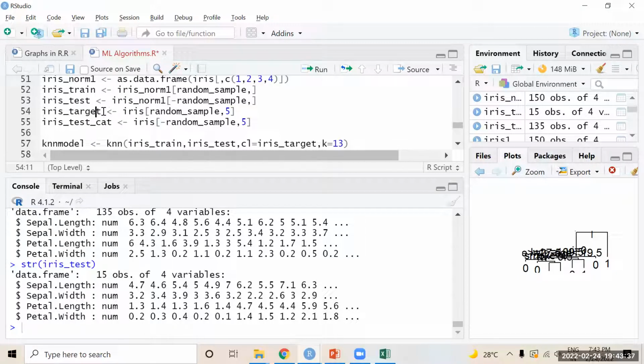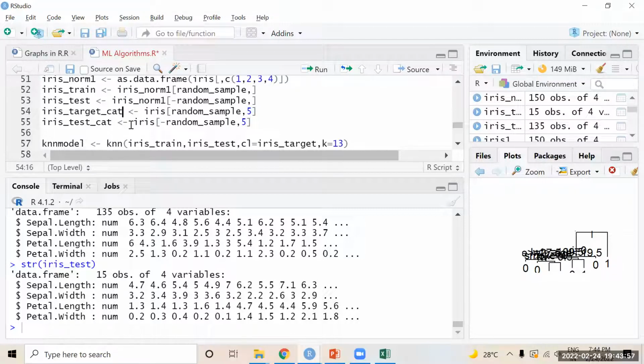Now I want to create a target category and a test category. The target category contains the class of the first 4 columns' random training samples, and their respective class will be stored in the target class.